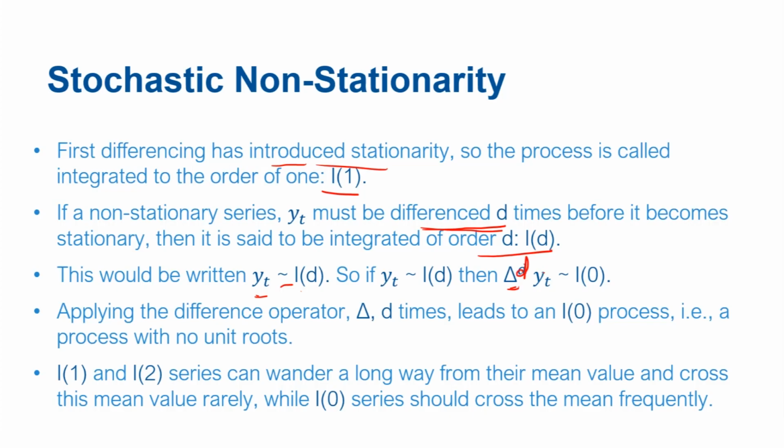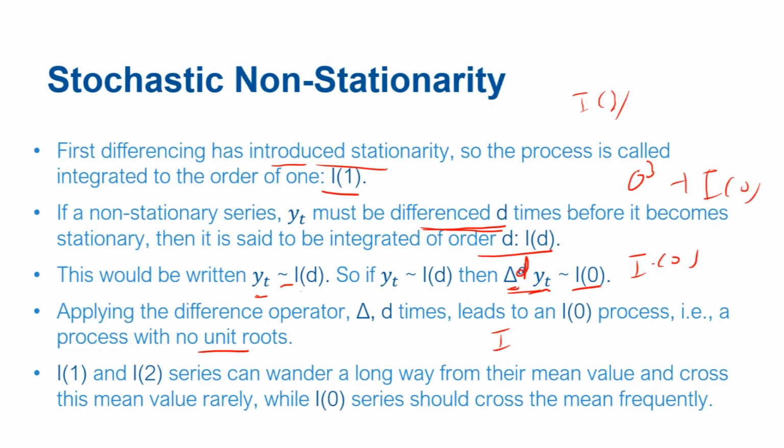This delta d represents d-time differencing. When it is applied on yt, it will return an I(0) process. That is, if the process yt is differenced d times, it will result in an I(0) process, a stationary process with no unit roots. For example, if it is integrated of order 3, then differencing 3 times will lead to